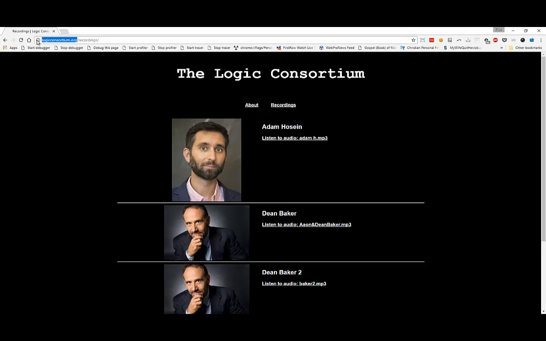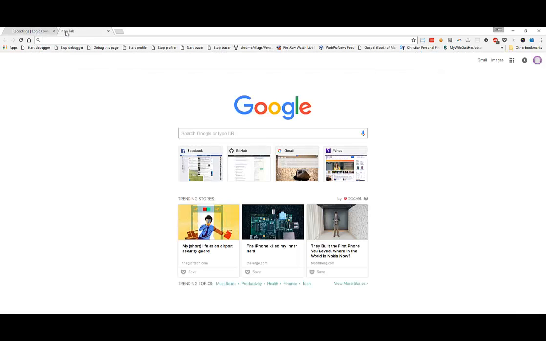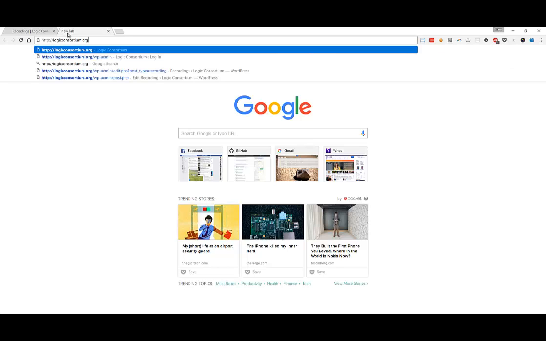So first thing I like to do is open up two tabs. One tab will show the page that I'm working on, and the second tab will basically be showing the admin tools that will allow me to add, update, and delete a particular recording. To get to that admin page, go to the website